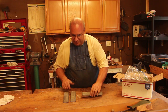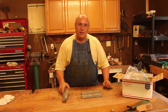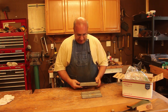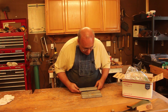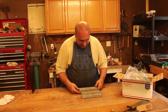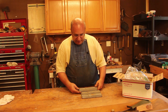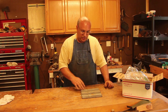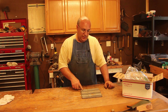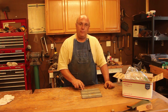Most people don't know what Babbitt is, but of course Babbitt is a bearing material that was used in a lot of these old machines that we restore out at the museum. So this is American Smelting and Refining Company. I can't quite read that. Something Metals Division, Federated Metals Division, and this is a Quad X Nickel Babbitt. So I've actually seen some of this before. This is good stuff. This is really high quality Babbitt. You can still find the information on it, know what the analysis is,